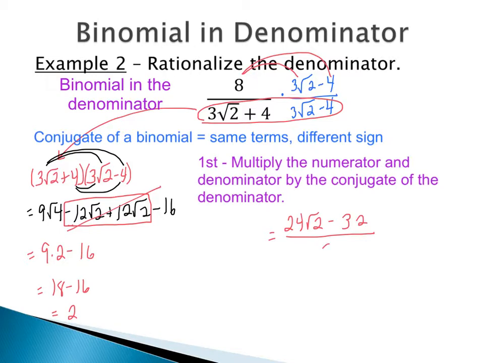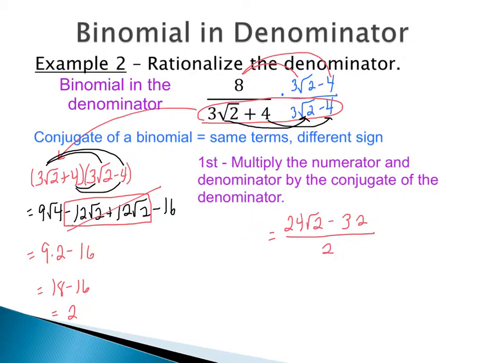So a few comments here is that when we're multiplying conjugates, your middle terms should cancel out. So I really could have, from the beginning, back up top, done 3 square root of 2 times 3 square root of 2, multiplied your first terms, and then multiplied just my last terms. And if I did that, then I would have skipped having those middle terms that we knew were going to cancel out. So it is okay to just multiply your first and your last terms as long as they are conjugates of each other.